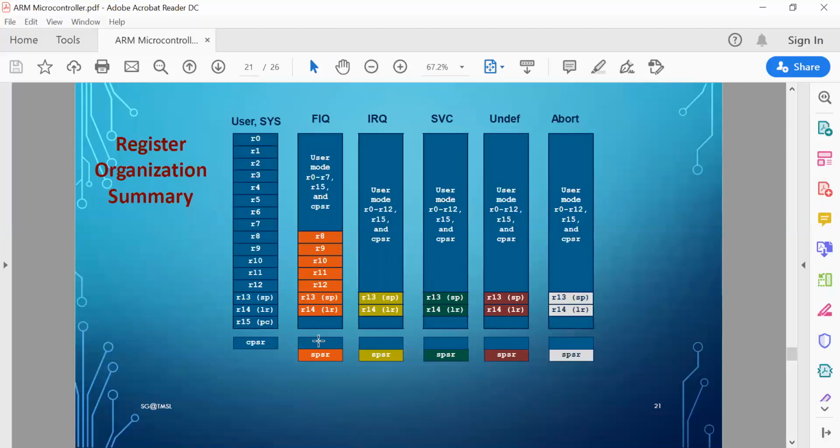If you come back, they will again change, and in the IRQ mode, R0 to R12, the whole thing is there. Only R13, R14 are specific to IRQ, similar for supervisor and abort mode.